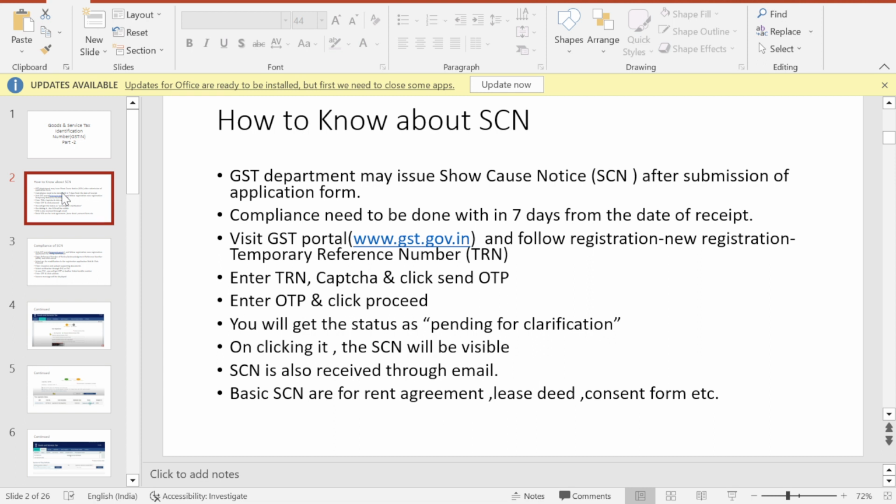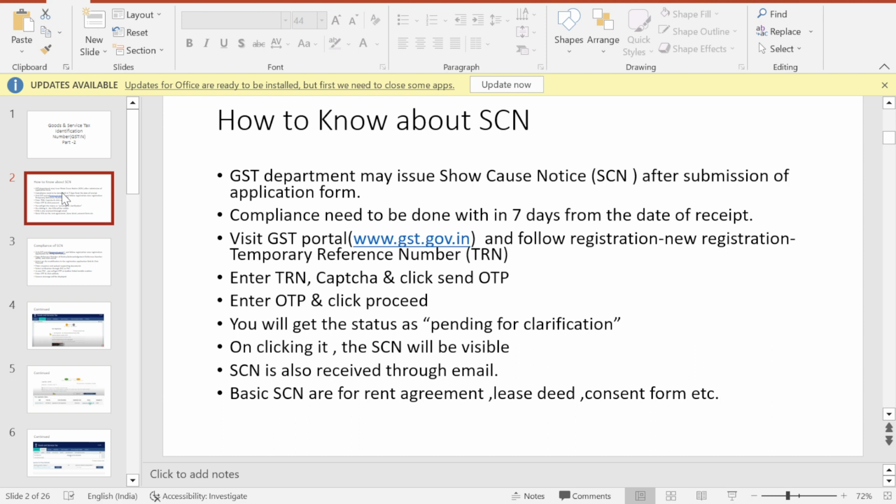So if there is any issue, they will communicate through email ID. You can also check on the GST portal. Let me discuss how you can know whether your application is approved or not approved.